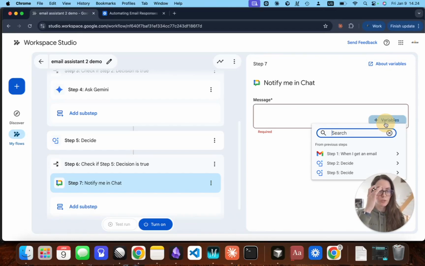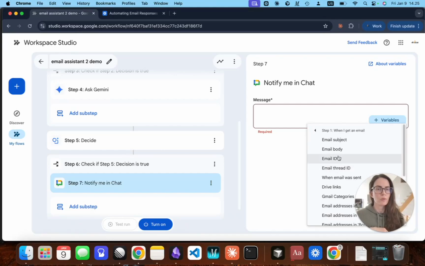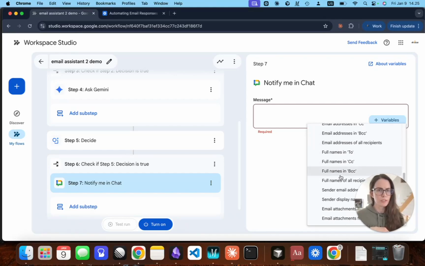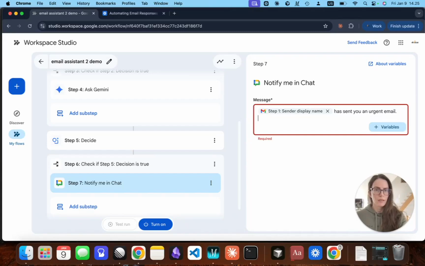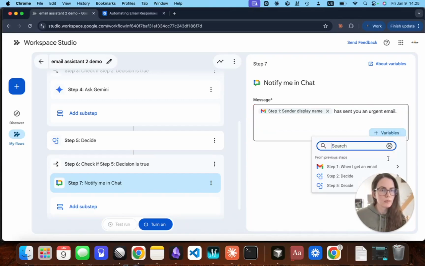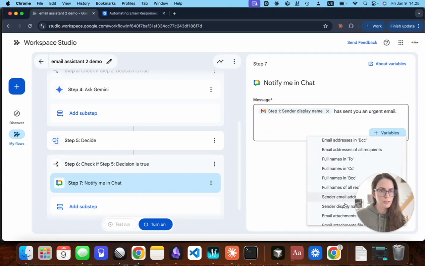Once again, I'm going to make use of variables here because I want the chat message to give me everything I need to decide whether or not and get a reply out. So I'm going to first start with the name. So and so has an email. And then I also add the email in here, so I don't even have to open Gmail to figure out